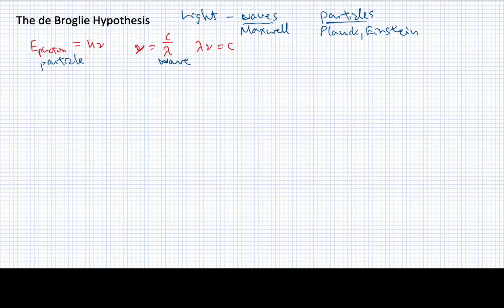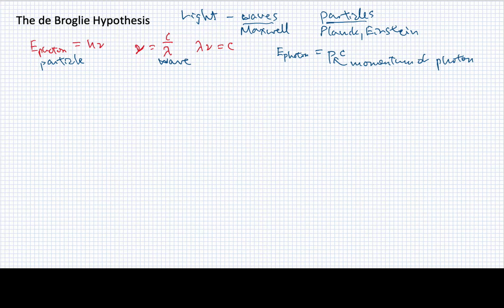Now, other work by Einstein, the work that he might be a little better known for, the theory of relativity, he was able to show that since light could behave as a particle, and I'm writing E photon here, the theory of relativity says something about how one could characterize its momentum. And in fact, one could write the energy of that photon as the momentum of the photon times the speed of light. So this p here represents the momentum of a photon.